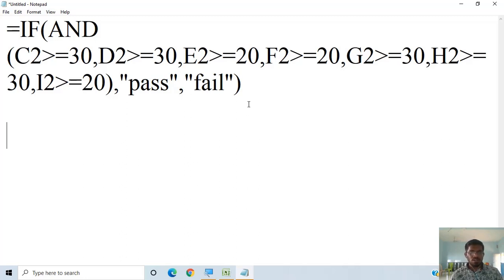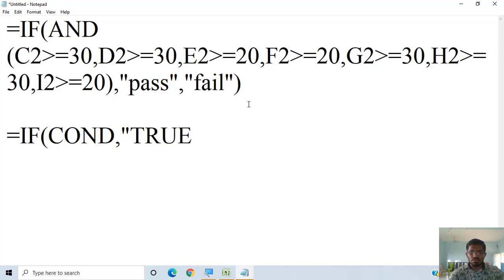Here also it will check the condition. So the syntax is: if, first we write the condition, then if the condition is true, the true statement will be executed. If the condition is false, the false statement will be executed.